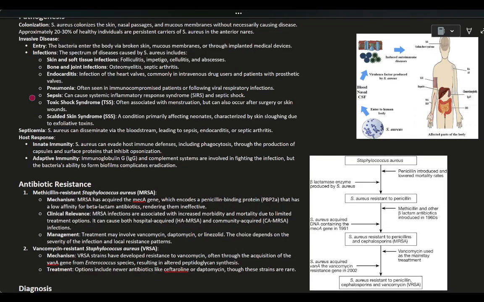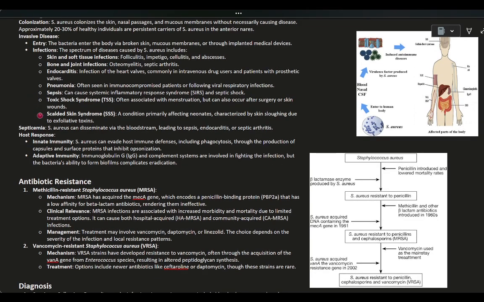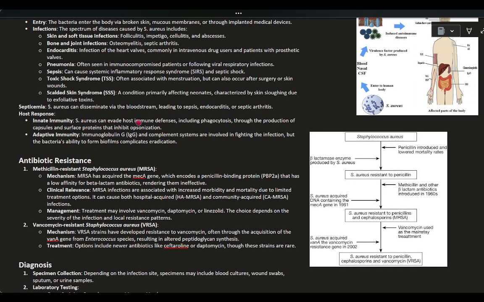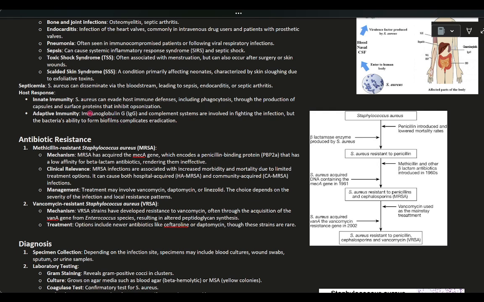What is our body's response to the presence of Staphylococcus aureus, also known as the host response? First and foremost, we have the innate immunity response, where Staphylococcus aureus can invade or evade host immune defenses, including phagocytosis, through the production of capsules and surface proteins that inhibit opsonization. We also have adaptive immunity, where the immunoglobulin G